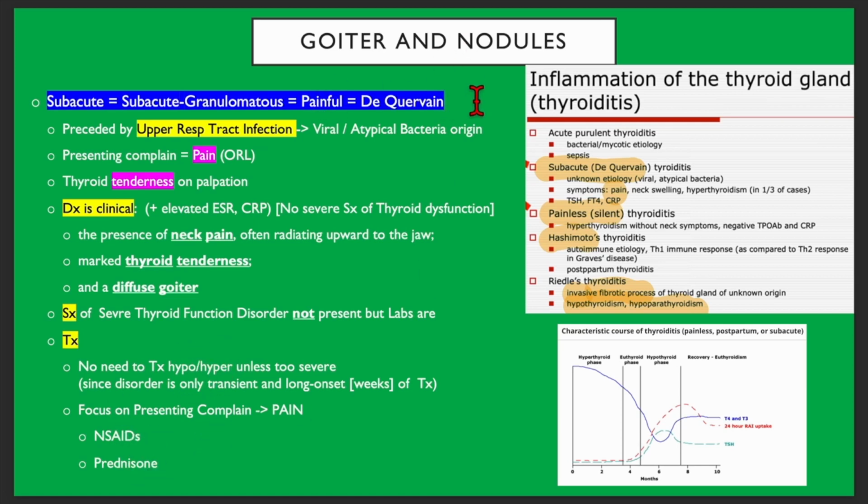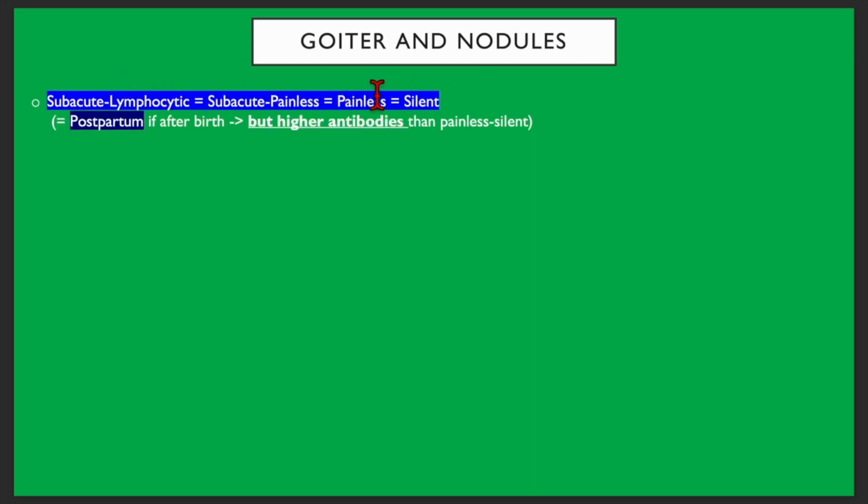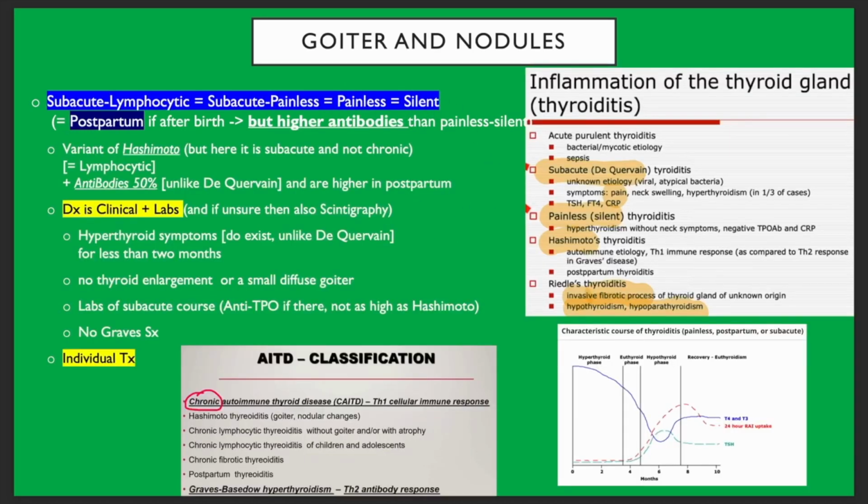So that's the painful De Quervain subacute thyroiditis. Then the other subacute is the painless, the silent one, so this time there is no pain. I already told you that the postpartum is a subcategory that happens after birth, and this one has higher antibodies than the actual subacute painless one. It's considered a variant of Hashimoto. Hashimoto is chronic, but this one is subacute. Why is it called a variant? Because it also has lymphocytes, and 50% of them have the antibodies,